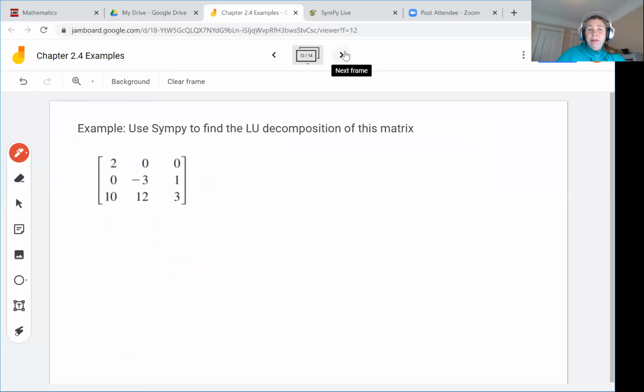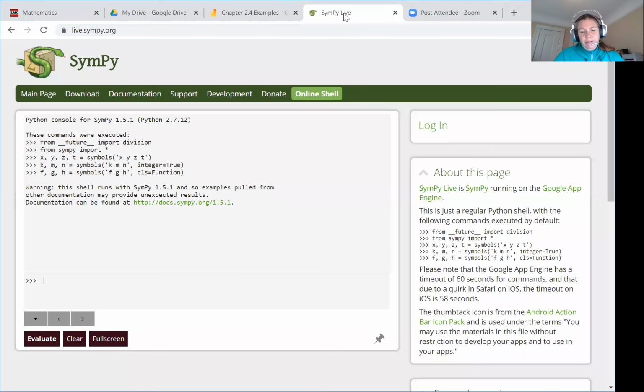So let's do an example. We're going to use Sympy to find the LU decomposition of this matrix. So I am going to head over to Sympy and enter this matrix, and I'll go ahead and call it A, because I like to use A for matrices. So A equals matrix,